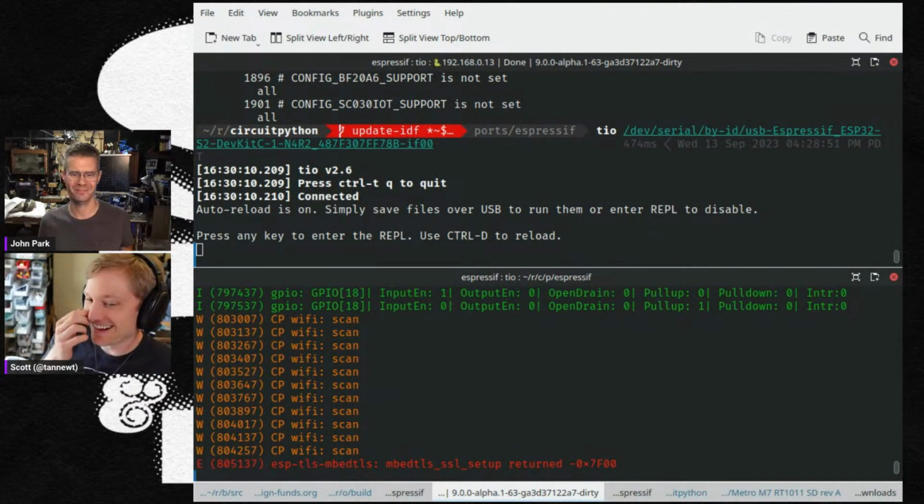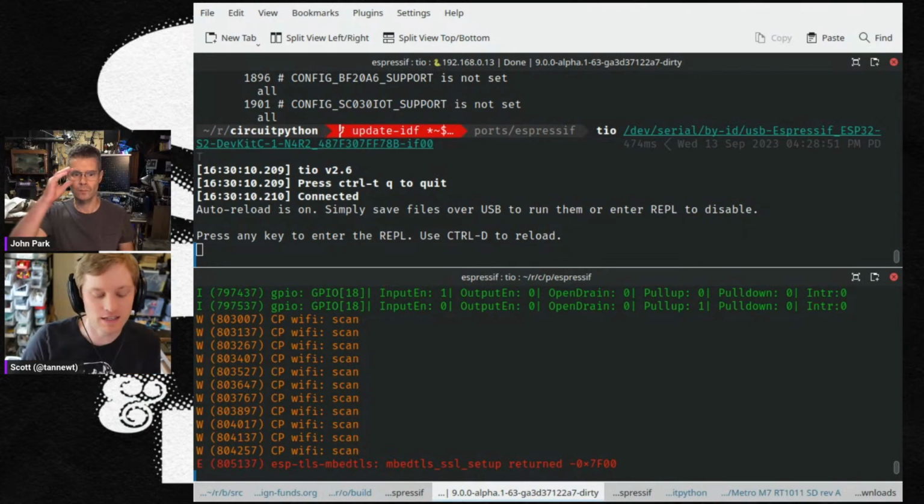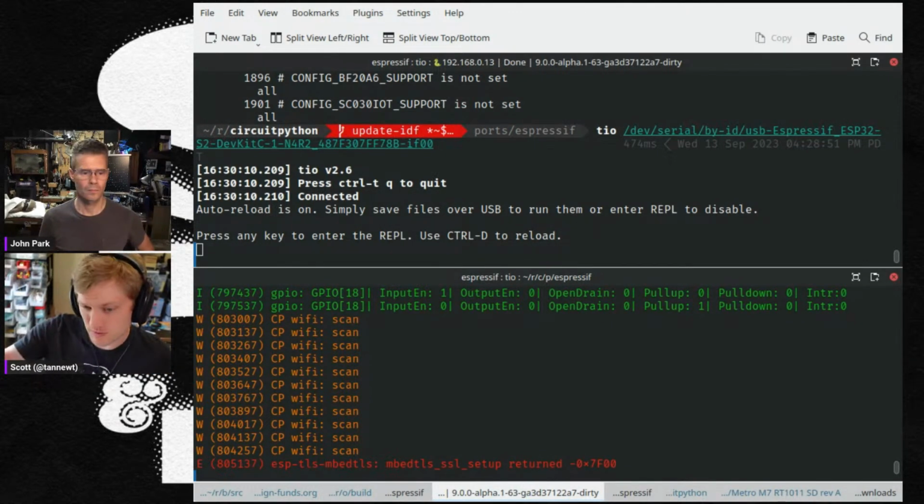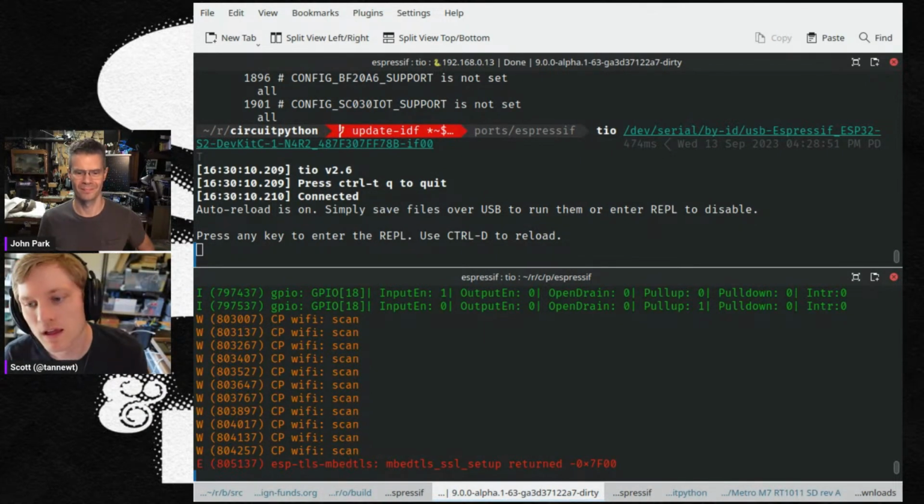What are you up to? What's going on? I'm working on moving CircuitPython to Espressif IDF 5. As we were talking before the show, this is the kind of SDK C layer that they provide to make the code the same across all their chips. And we built CircuitPython on top of that. So IDF 5 is a big change that they've done on top of that. And 5.1, which will be next, also supports some new chips, which is exciting. And also one of the reasons that we have motivation to move is because we get the latest chip support as well. So I've just been testing it out.